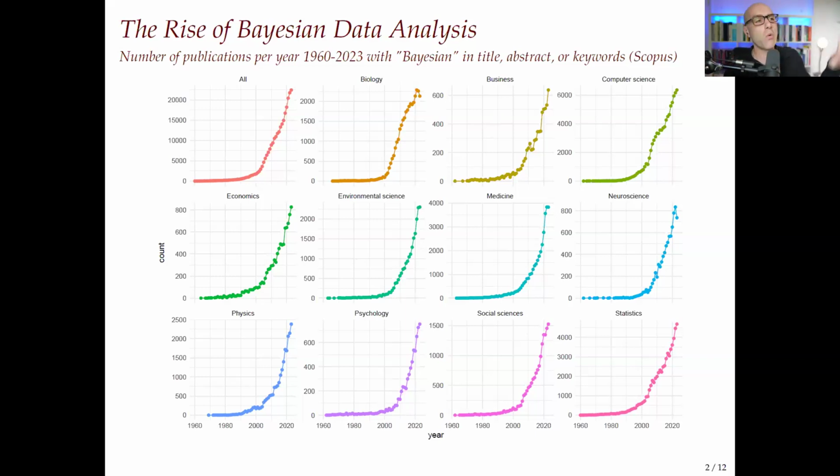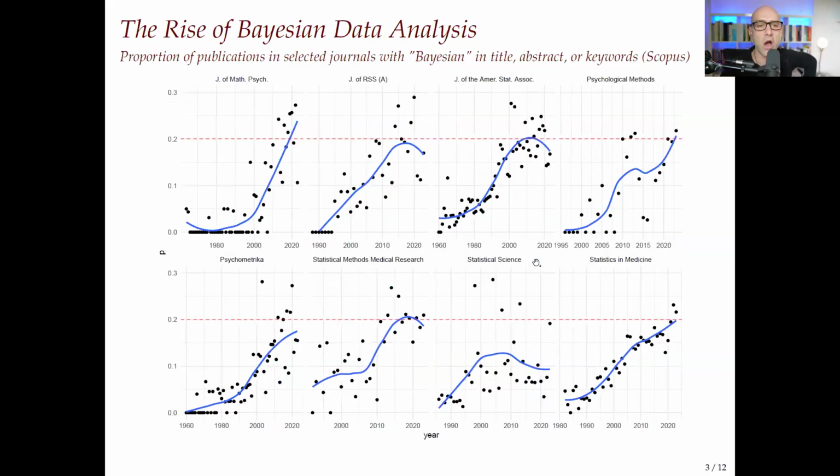Now, one problem with this is that this is just the total number of publications on the topic of Bayesian methods, and it could be the case that across sciences, there's just been a proliferation of journals and articles on everything. So if we were to plot the distribution of any topic at all, it could look like this. Any topic in science could look like just this steep increase. So in this second plot, what I'm looking at is the proportion of the publications each year in some selected journals that are on Bayesian methods.